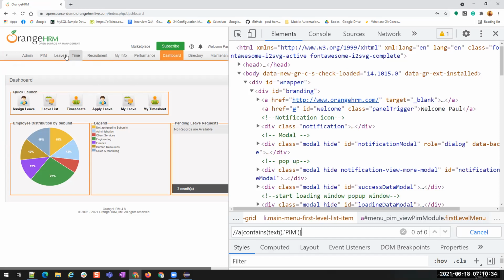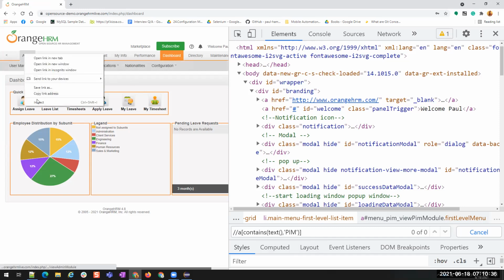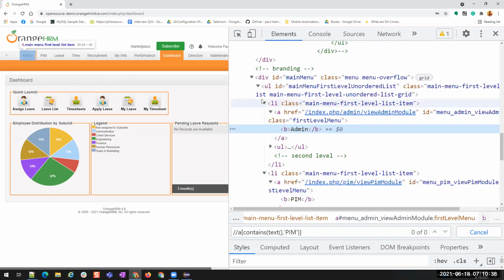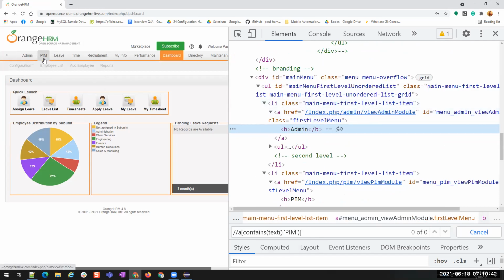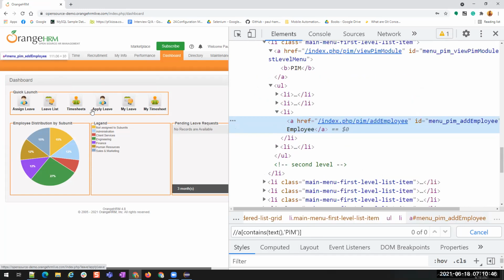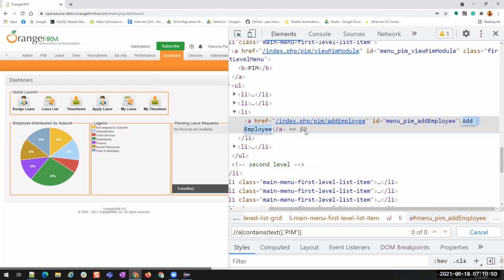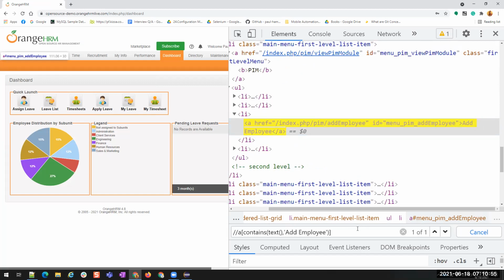I'll do one thing. If not PIM, let me see for admin. Everything is inside it. Okay, add employees is directly inside the anchor tag. So I'll use this. You see, is it finding?